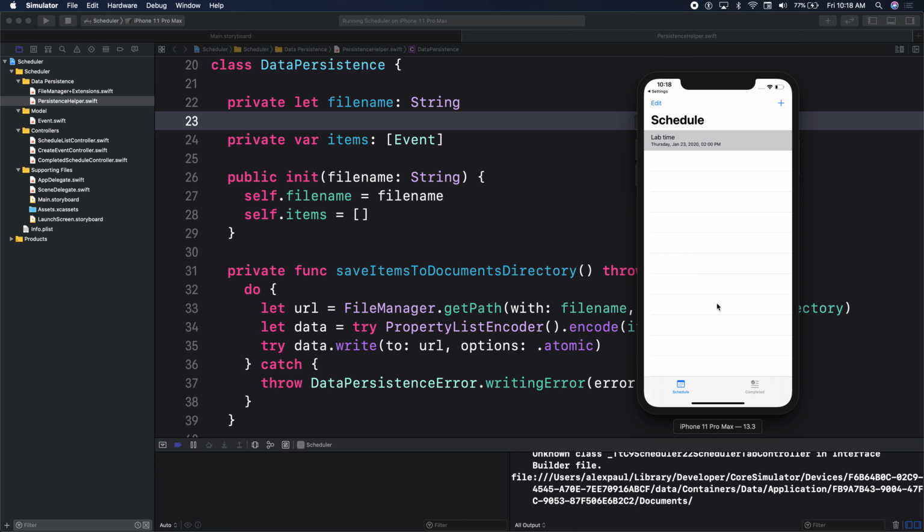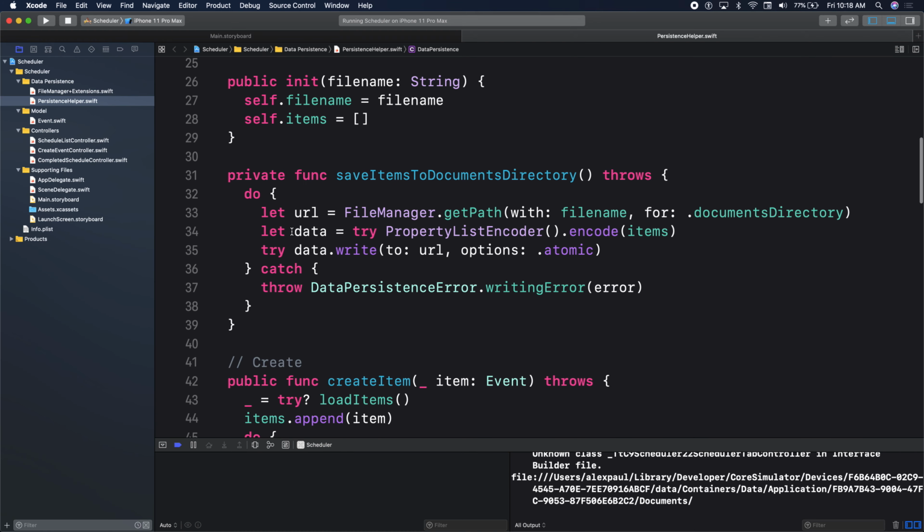Because two things we need to do. One, we need to persist the update in the documents directory, and we need to reload the table view because there's an update. Everybody with me? Okay, so those are the two things we'll do to make that update of lab time persist. So in our persistence helper class,